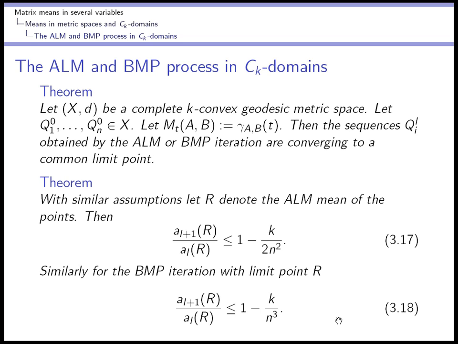Now, what about the other two iterative processes, the Ando-Li-Mathias mean and the Bini-Meiney-Poloni mean? These are also proved to converge as long as we define our weighted mean as the geodesic line connecting A and B. In this case, we also have convergence. The Ando-Li-Mathias mean converges also linearly, surprisingly with the same quotient. And in the case of the BMP iteration, the Bini-Meiney-Poloni mean, we have also linear convergence, although I've used quite rough